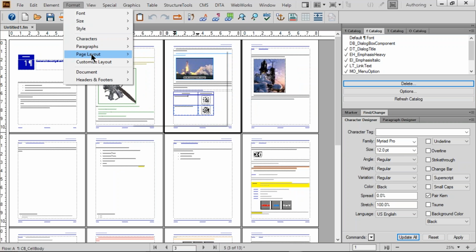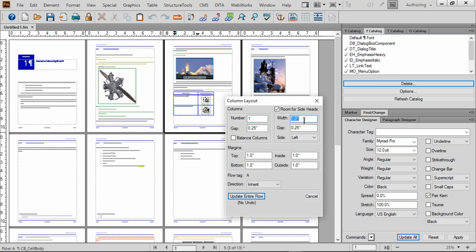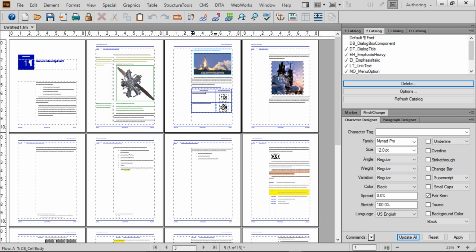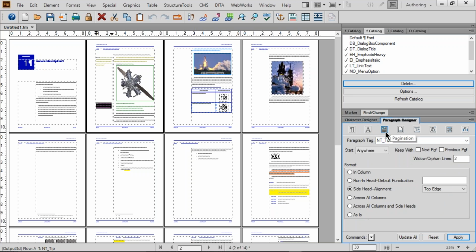Lastly, Format, Page Layout, and Column Layout to turn on the side head and put it back to 1.75, update the entire flow. It's very quick to set this up, to configure it, and then the only piece you need to remember is that when you're doing your paragraph design, that you set up things to appear or not appear in the side head. So taking this paragraph and taking a look at the paragraph designer, you'll see that this is a note type, NT tip, and that paragraph is set up to be in the side head lined up